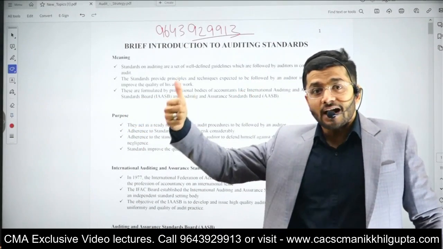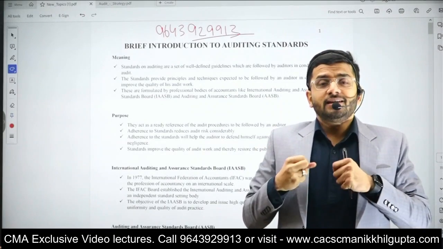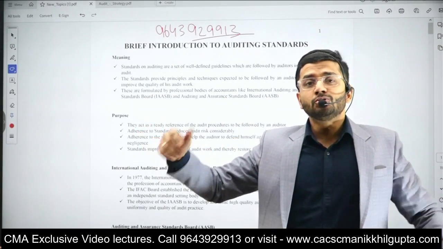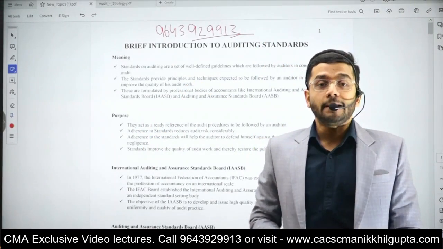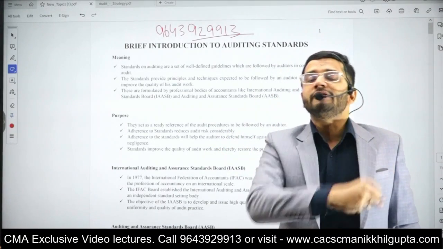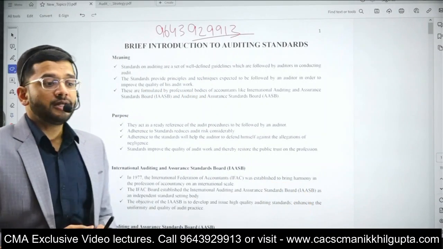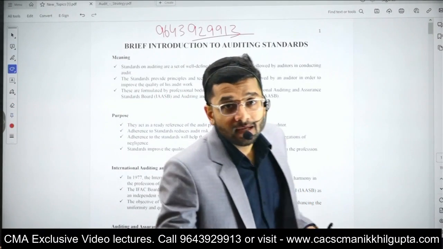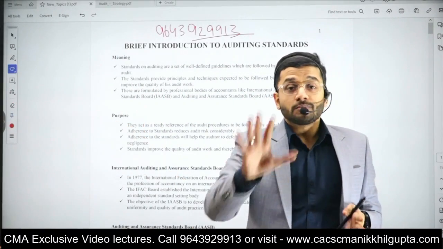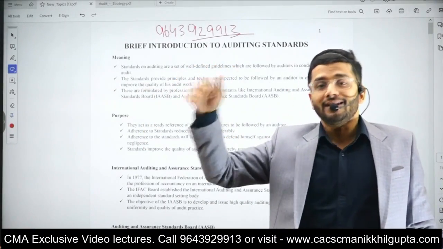So these auditing standards are in great detail, in great depth. We as CMAs are not required to do auditing standards in that great depth, because in our syllabus, the entire audit is covered only in 50 marks. So if you have taken a book, or taken coaching from a teacher who's teaching CA or CS or some other professional course, please be aware that this particular section, which is auditing standards, is not there in our syllabus